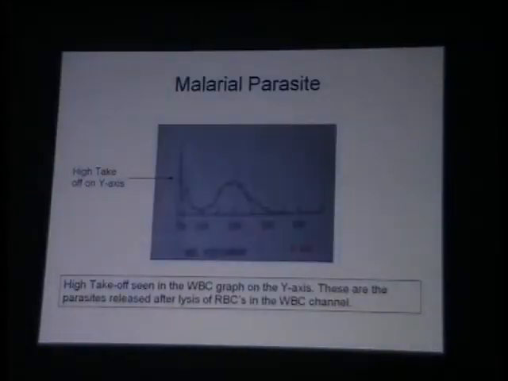Double peak in WBC histogram. Maybe atypical cells or maybe plasmacytoid cells. RBC normal, platelets normal. Next please. Malaria parasites can be picked up by these counters sometimes. In the WBC histogram, you can see them as a sharp peak arising next to the y-axis. These are nucleated parasites which are seen, and that is usually seen as a high peak on the y-axis.